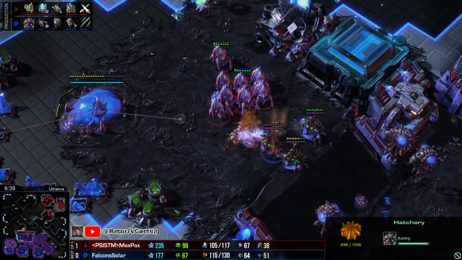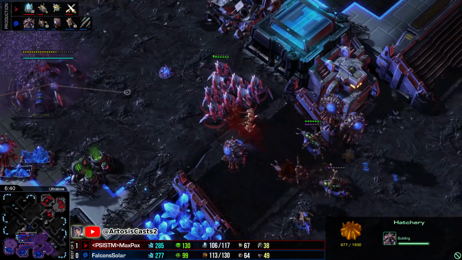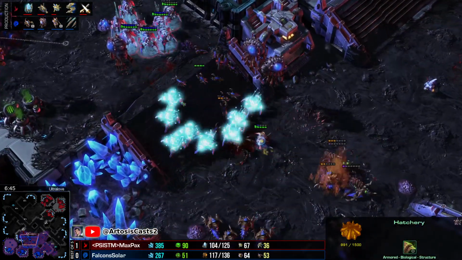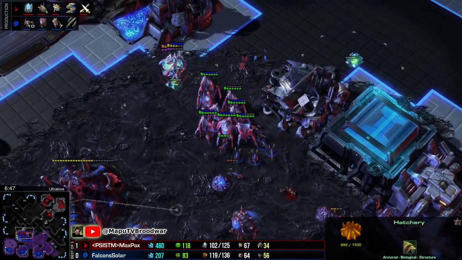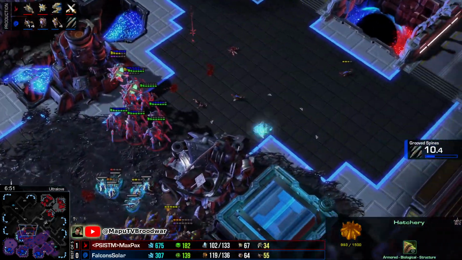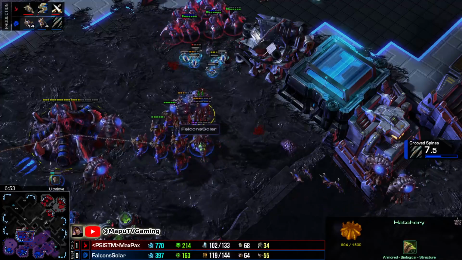Now can he snipe some queens here? This is a very dangerous push. The Zerglings were across the map. Oh my god, they're basically slipping through those traps, but this time it's not gonna happen here. He's trying to find the last trap. There we go. He's gonna get it, but